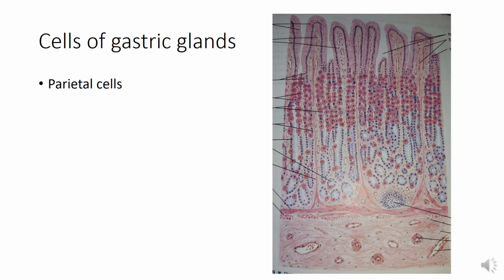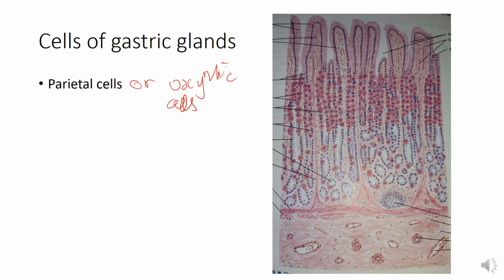Now the parietal cells secrete hydrochloric acid and are also known as oxyntic cells. Now these cells are mainly present in the isthmus and neck portions of the gastric glands, where they are found to be dispersed among the mucous neck cells. But a few parietal cells are also seen to be located in the basal parts of these glands.